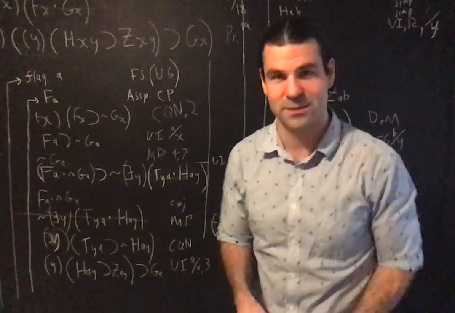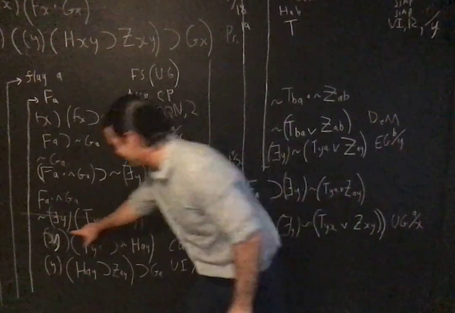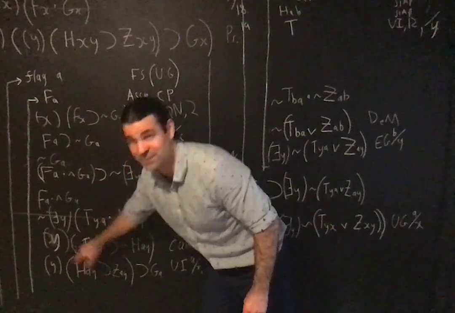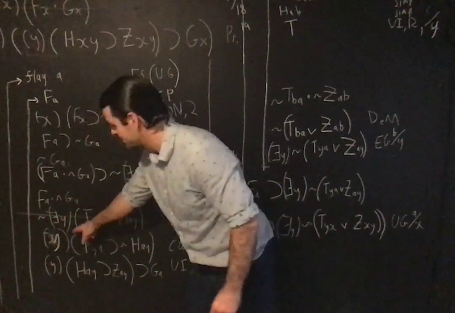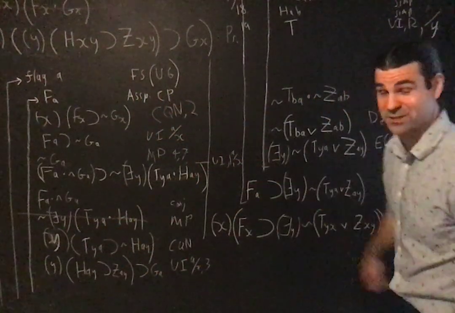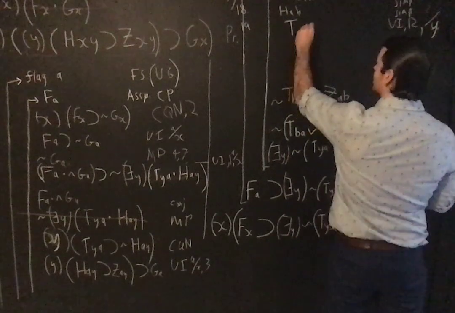Just making sure you're all paying attention. That's what I'm doing with these mistakes. It's on purpose. That's why I CQ'd in from 11 to 12. I stupidly replaced the actual variable. I'm supposed to do existential to universal, but not change the variable. Anyway, so we get T something A